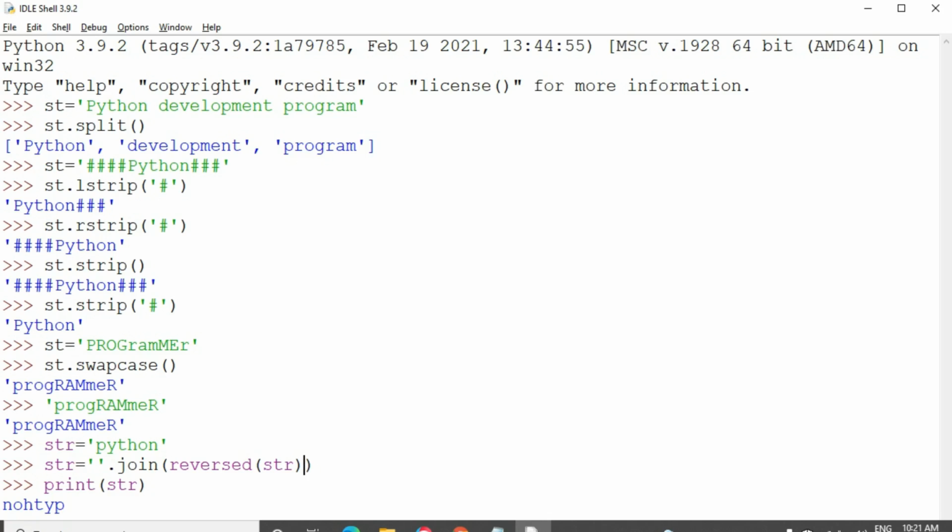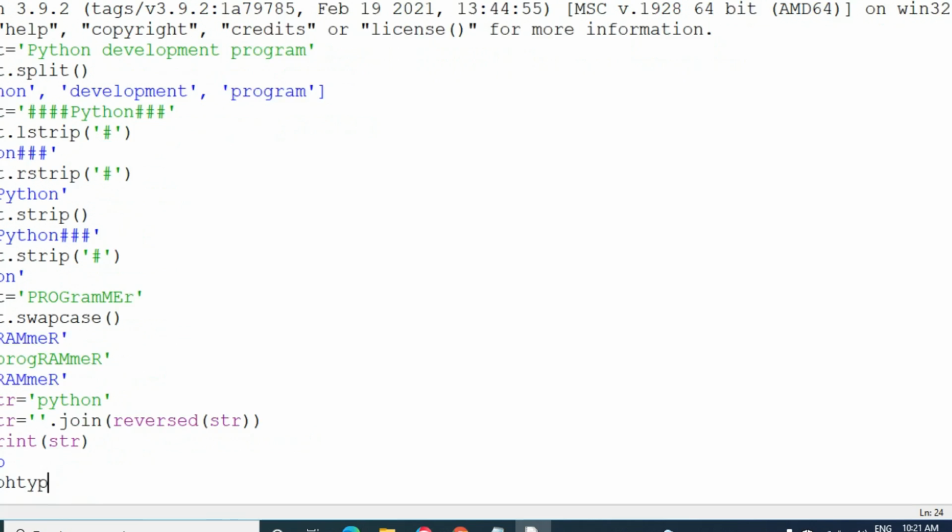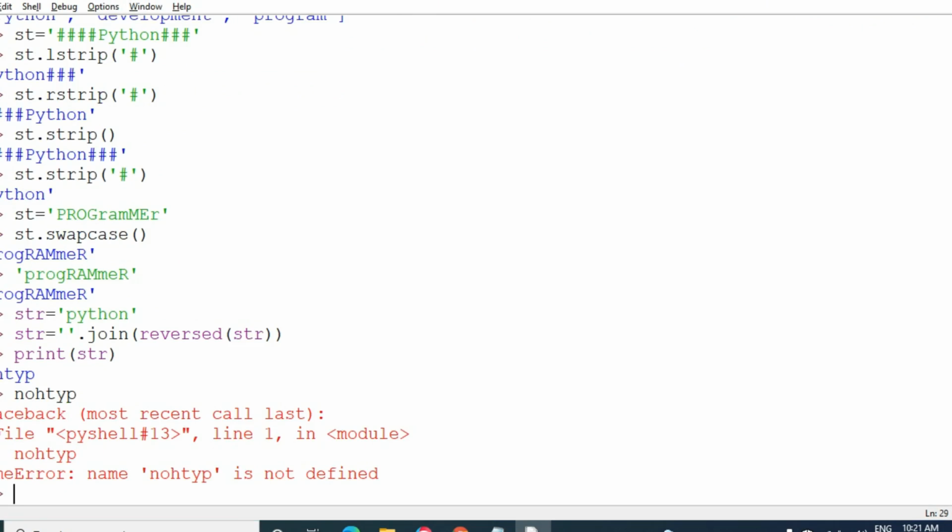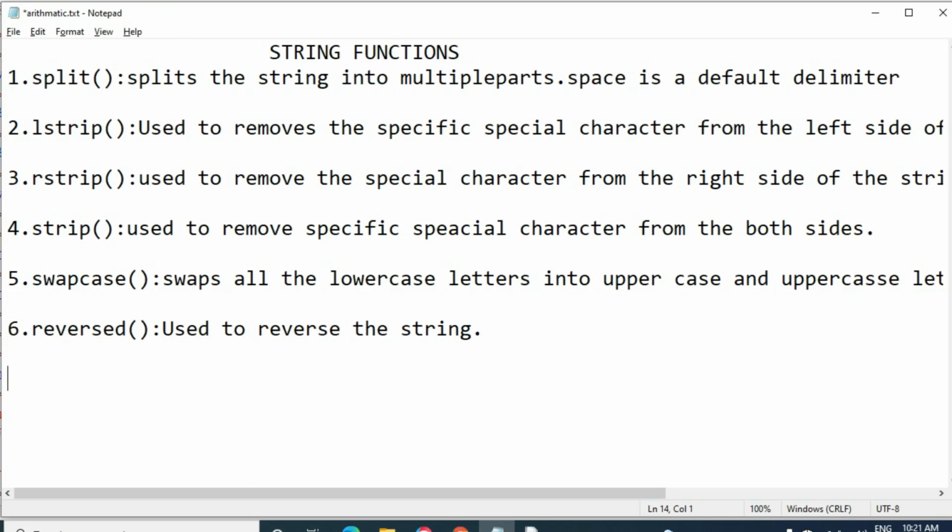So by using the join function, after reversing each and every character, it should be stored in the string variable. After that, finally we should display the string variable. So we have given it will display the output as NOHTYP. Again I take it, that's it.